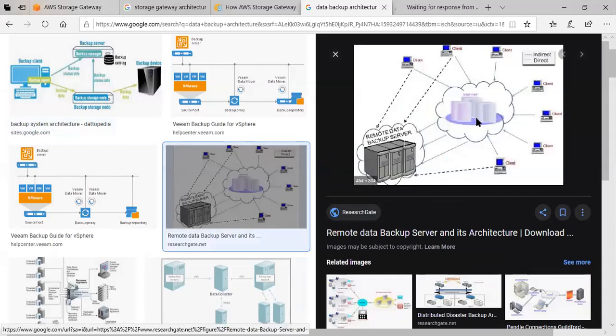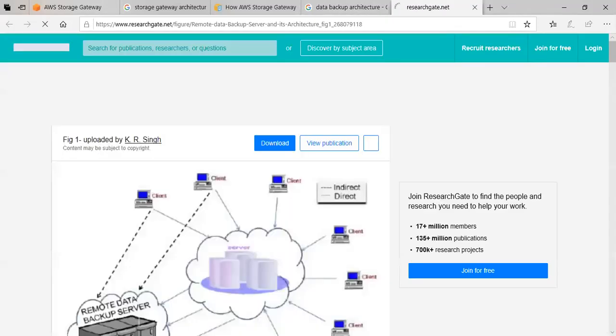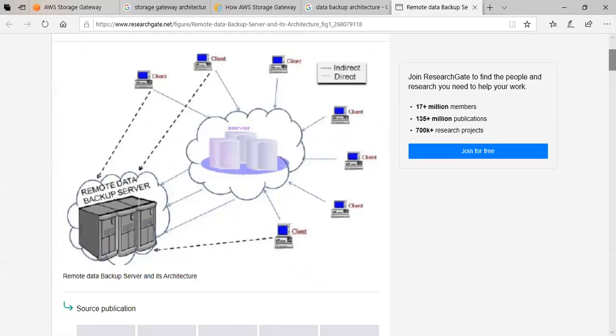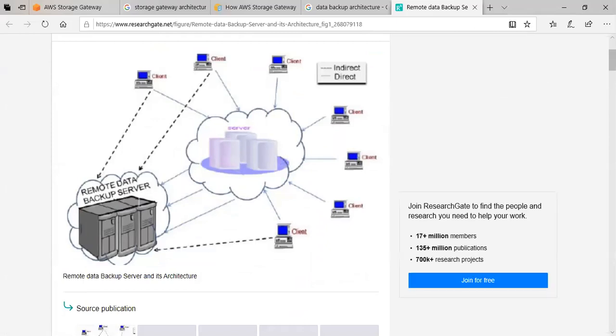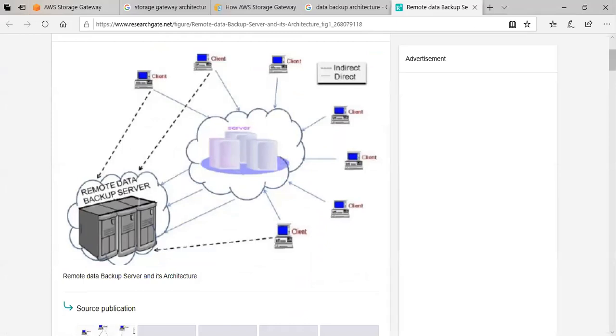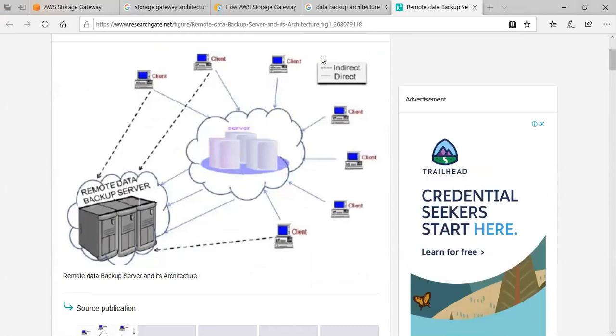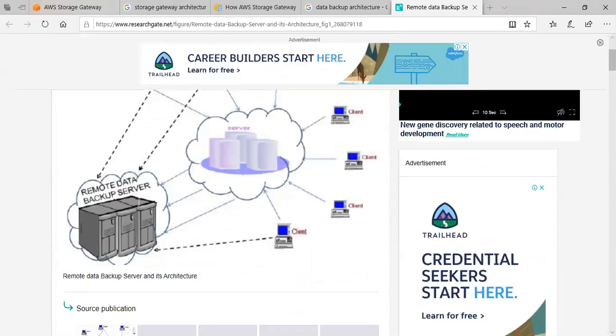Yeah, this is a good architecture. This is what I will open. You see this diagram? You see the diagram, no? Okay. See, if you look at this diagram, what it depicts is, see, there are